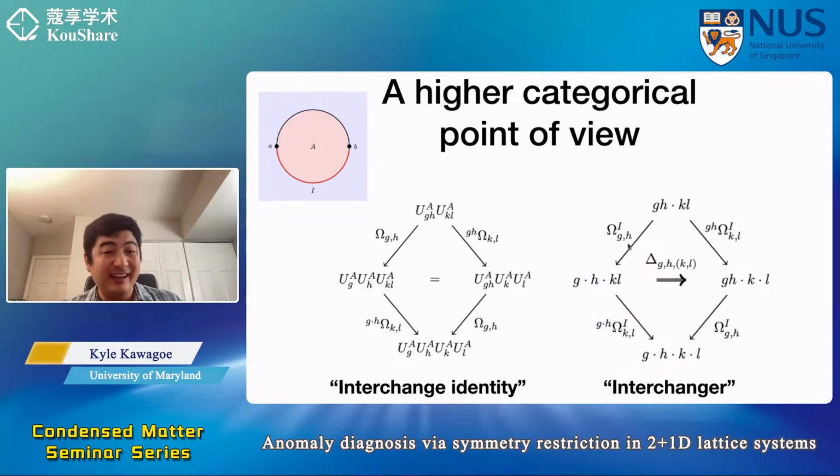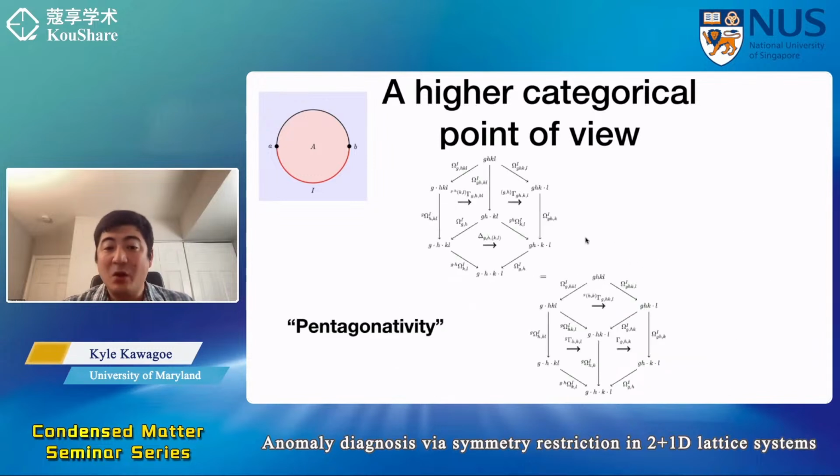But if you have a bicategory, like a weak 2-category, splitting GH and KL in two different orders, those are the same up to something called the interchanger. Okay, so that's what delta represents. So if you multiply this operator by this operator, it's equal to this one times this one up to delta. Now delta and gamma satisfy some relationship, which, it's a non-standard term, but I'm going to call it